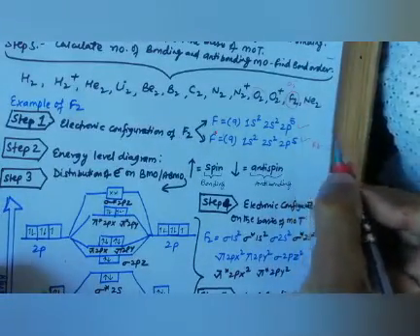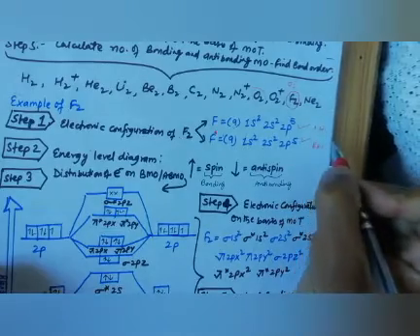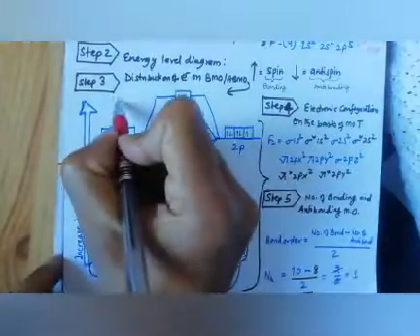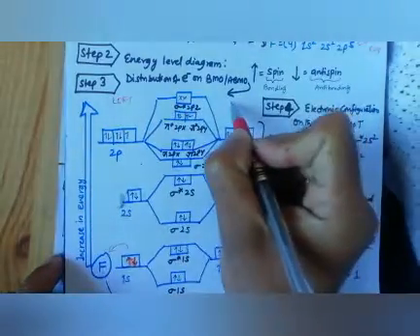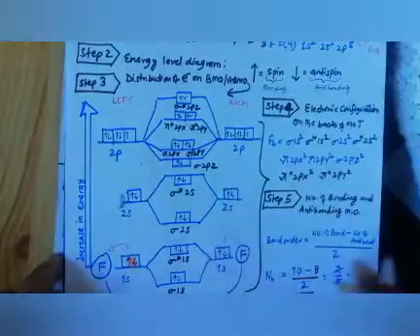This fluorine I am going to write here. This is right hand side and this is left hand side. Okay, so this fluorine is left hand side, this fluorine is right hand side. Here I am writing left, here I am going to write right. So I think this will clear you.